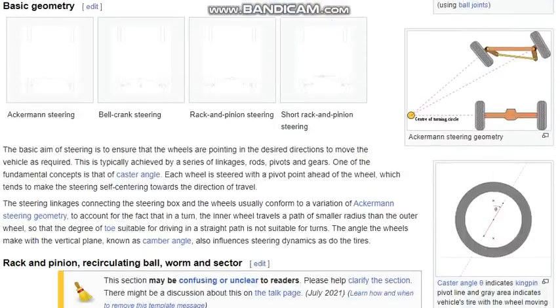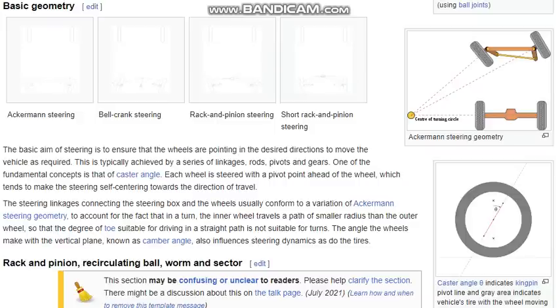Land vehicle steering. The basic aim of steering is to ensure that the wheels are pointing in the desired direction to move the vehicle as required. This is typically achieved by a series of linkage rods, pivots, and gears. One of the fundamental concepts is that of caster angle. Each wheel is steered with a pivot point ahead of the wheel, which tends to make the steering self-centering towards